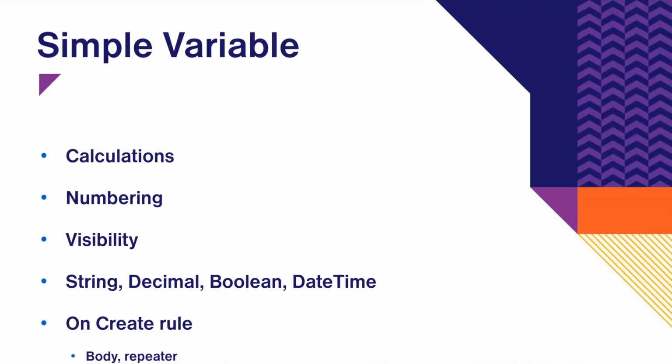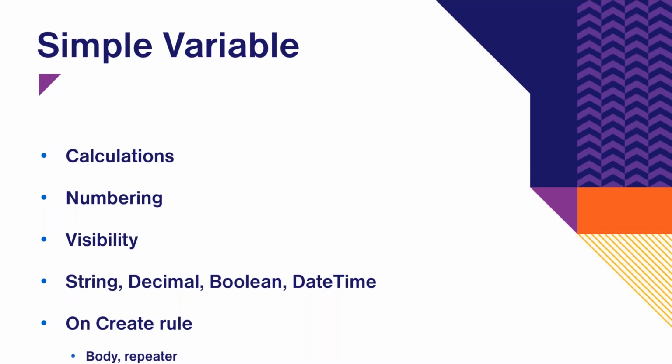Okay, we can move to variables. And I would like to start with some simple variable information. What you can do with simple variables is you can perform calculations, so mathematical calculations. You can define numbering for your items in repeaters. You can define visibility of items, so whether it will be shown or not. These simple variables are defined as string, decimal, boolean, or date and time